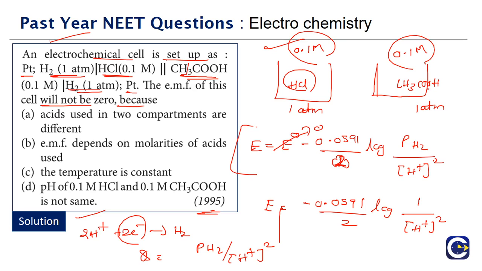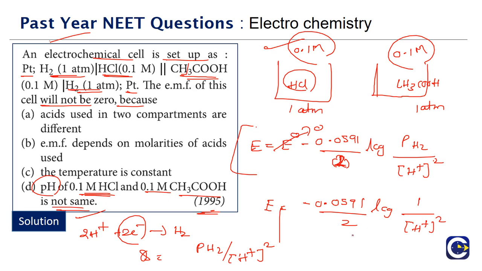Why are they not the same? Because the H+ ions are not in the same concentration. It is not about the concentration of the acid, right? HCl is a strong acid. 0.1 molar gives 0.1 molar of H+, which means it will give us a particular value of pH. But if you take the same 0.1 molar acetic acid, it is not going to give us the same pH value. So the pH values of 0.1 molar HCl and 0.1 molar CH3COOH will not be the same.